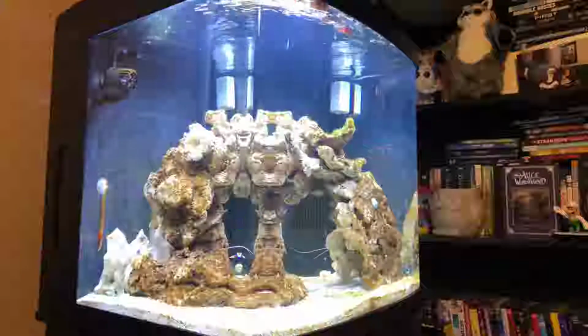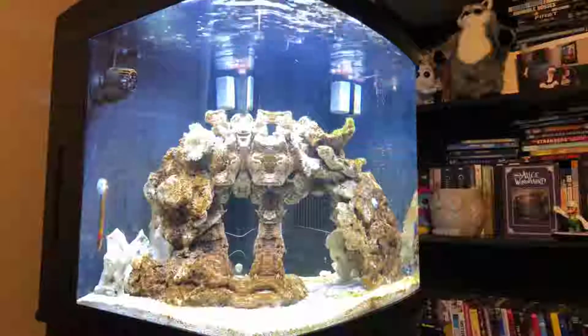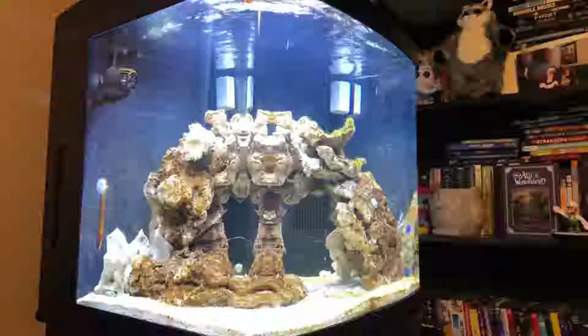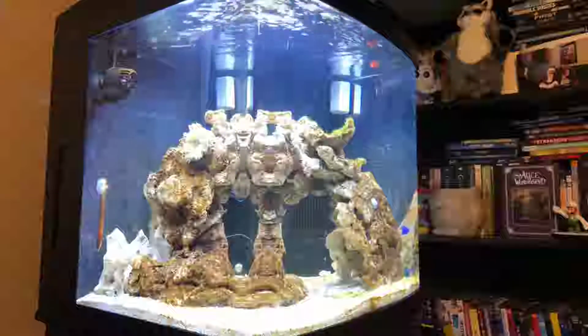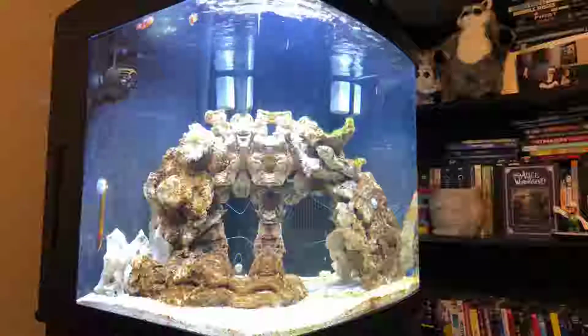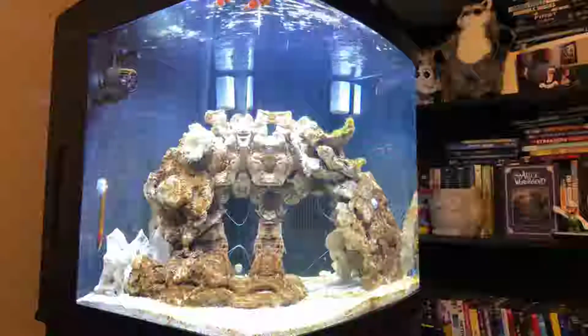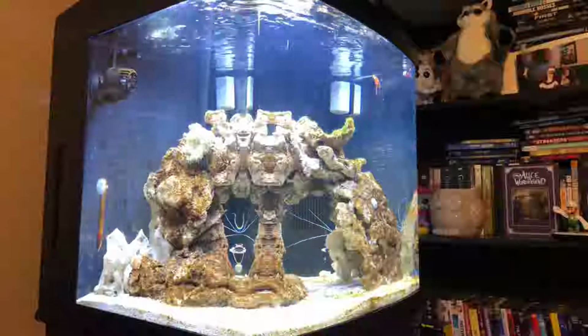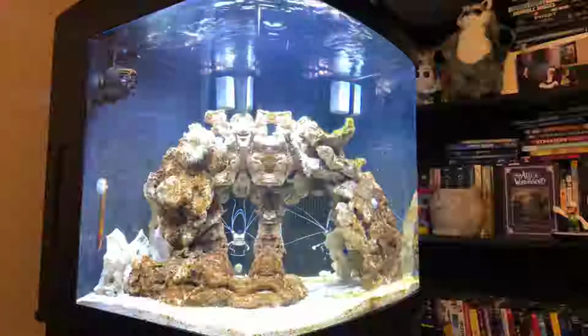I'm just doing just enough to keep them alive and reproducing. Yeah, he's kind of swimming around in that corner. So far, the Danzel's doing okay. He hides in the rocks a lot. He's more towards the bottom of it, and it seems like the clownfish kind of hang out at the top, and